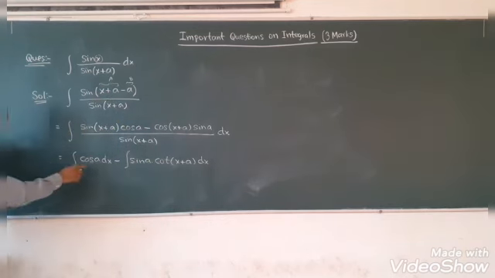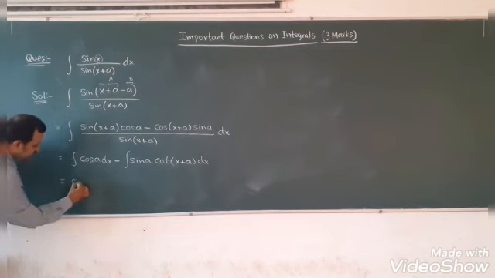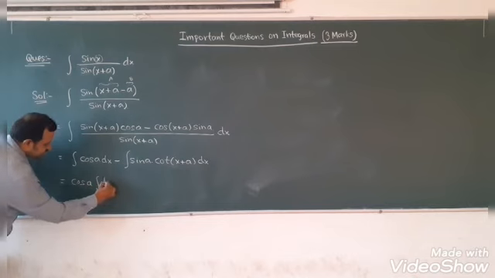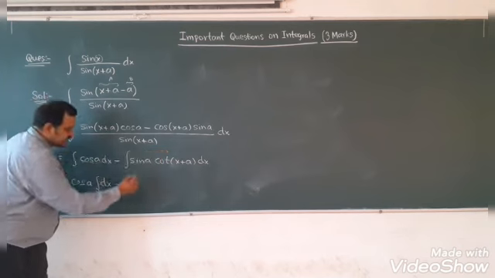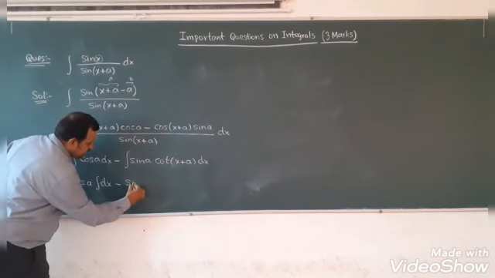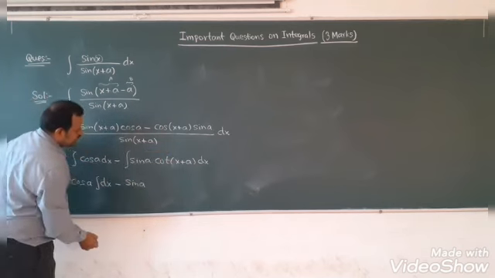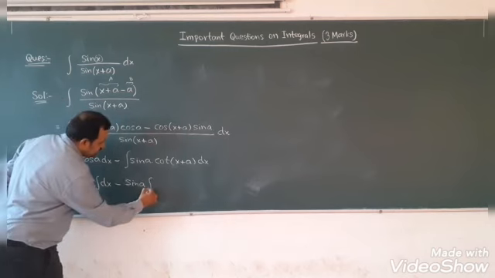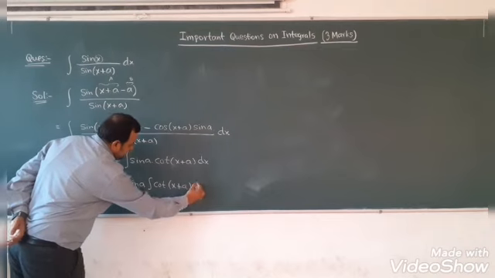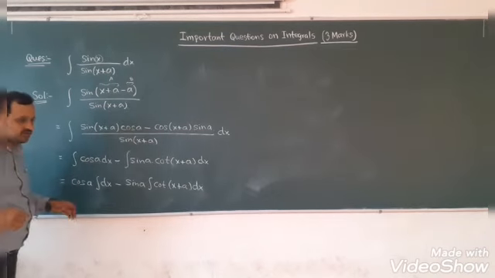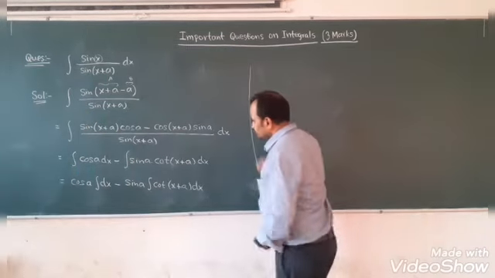Now we are integrating with respect to x. So cos a is constant, so it will come outside. It is the integral of dx, minus. Now sin a is constant with respect to x, so it will come outside. Right? So here what you will get is the integral of cot of x plus a dx.